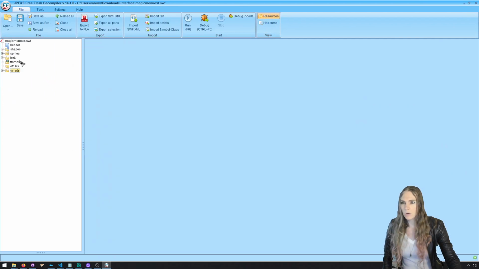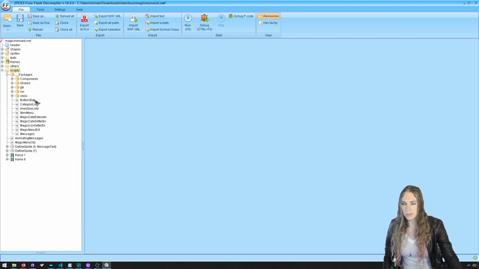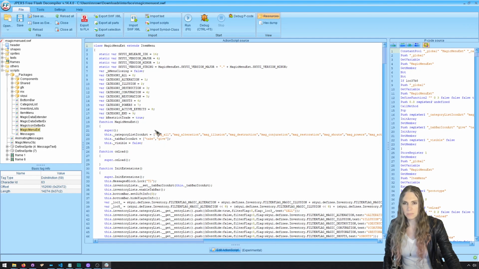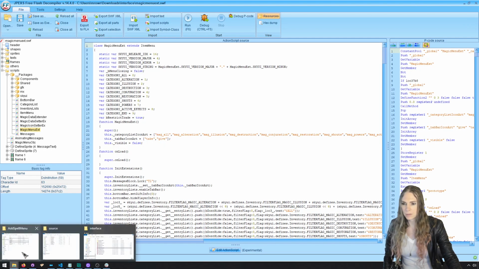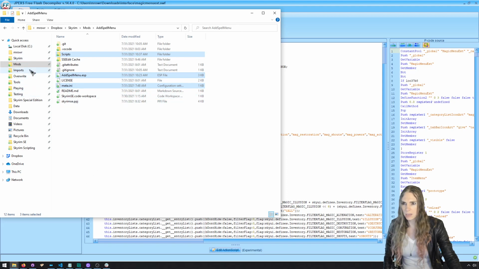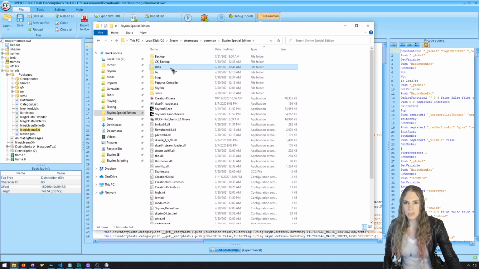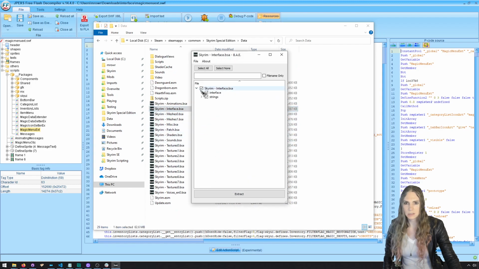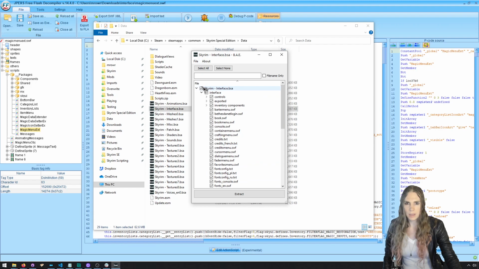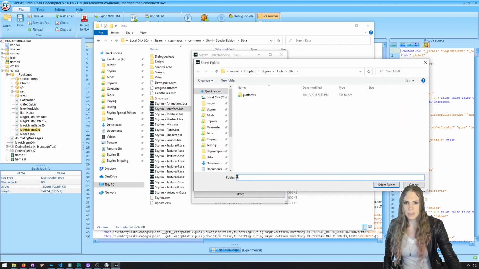And then whenever you open up any Swift using this, you're probably going to want to go to scripts and then open up packages and then look for something that looks nice like UI Magic EXT here. Like I've shown you in previous episodes, you can go to Skyrim's data directory, go to interface. You can find a bunch of Swifts in here. You can find the one for the actual console. And so if I extract this to downloads,